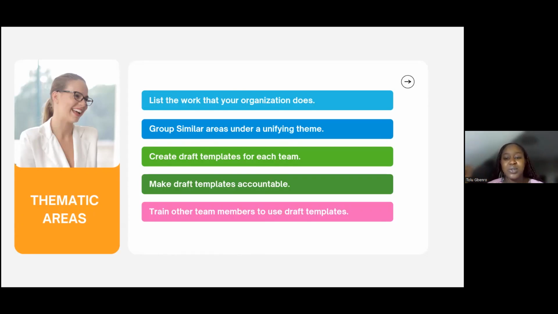So this is basically how to create an in-house template for the work that your social enterprise or organization does. It could even be a return on investment template. It could be a financial template for your annual or monthly returns. It could be a template for anything, but it is key that you're able to group and you're able to follow the right steps in highlighting the key areas and key things that need to be measured.